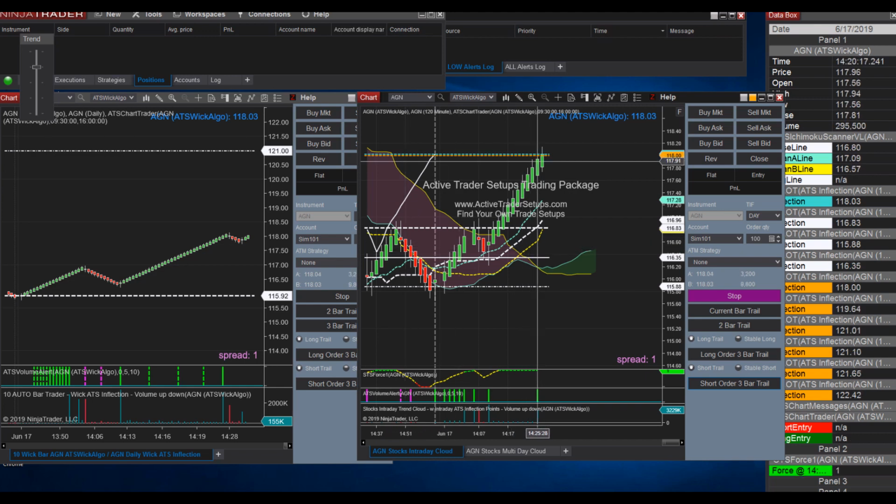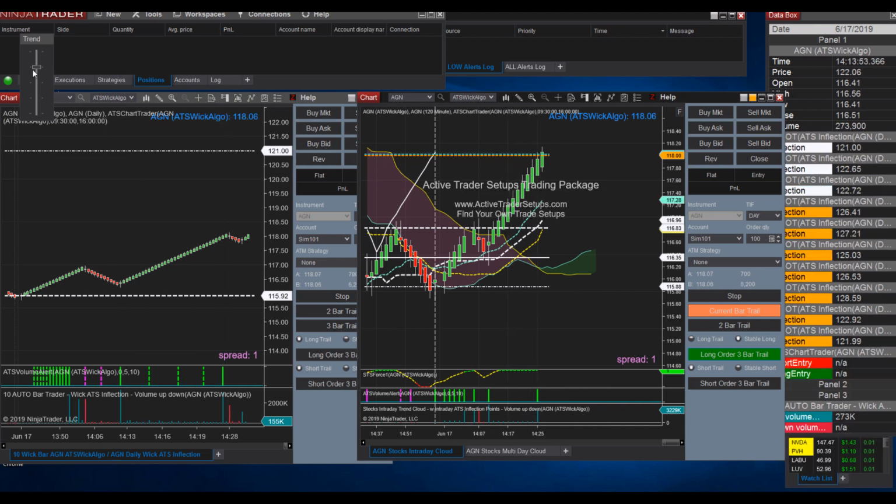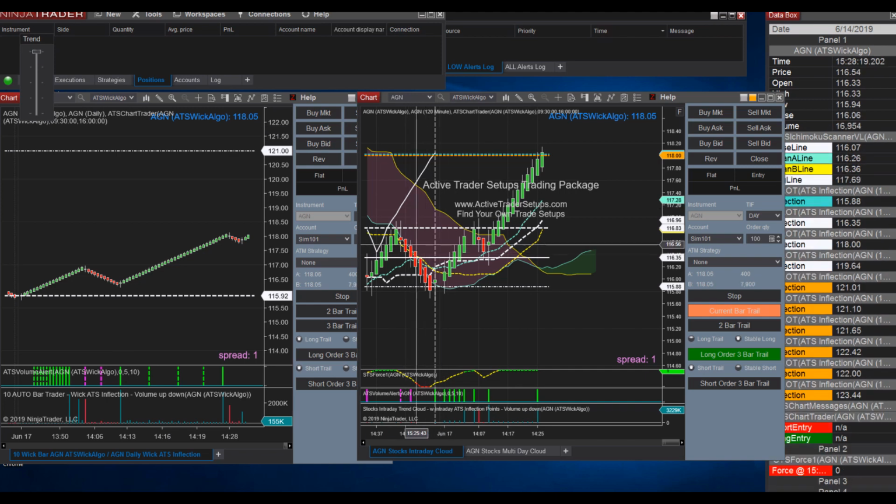So now that we're going back up, I can show you what a stable long is as it continues to work its way up. I'm going to set it for a current bar trail. We'll turn off the stop, and I'm going not just long, but stable long. A stable long requires that the prior bar not have a wick on it. So I'm going to let that speed up that process, and I'm going to continue to talk about right here what's going on. When this was going down,